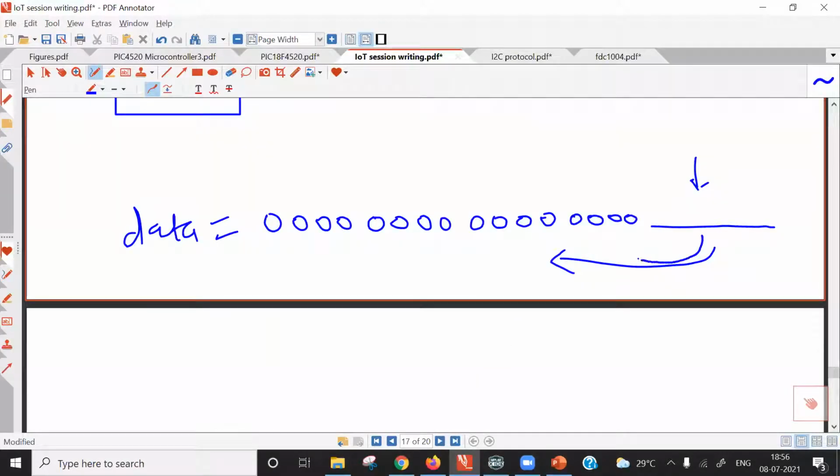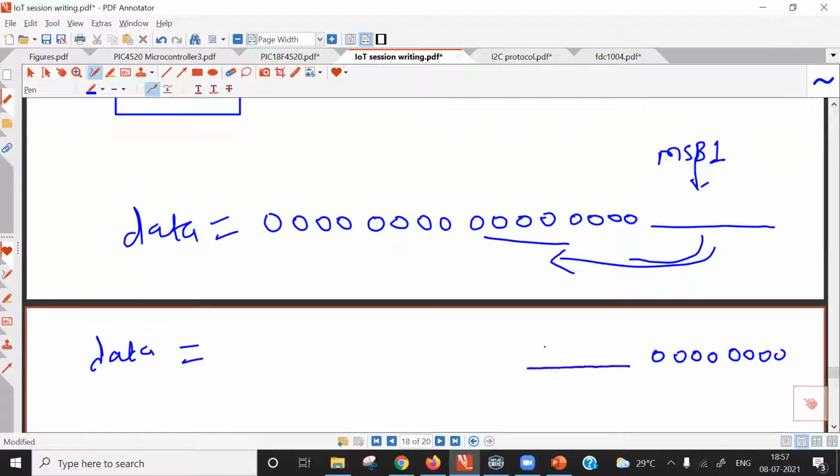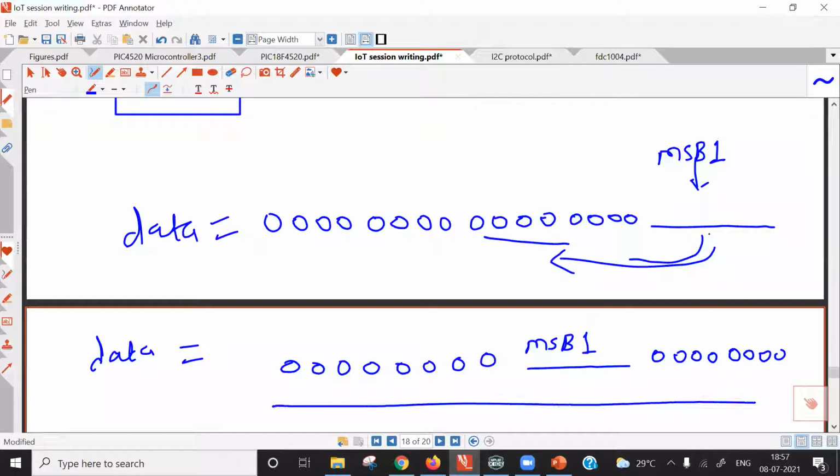We have shifted this data, so after the 8-bit shifting operation, we will have 8 zeros at the end, our MSB 1 part here, and again 1, 2, 3, 4, 5, 6, 7, 8 zeros. We have shifted 8 times, so the total is 24 bits here. After shifting by 8 positions, our received first byte is in this position.